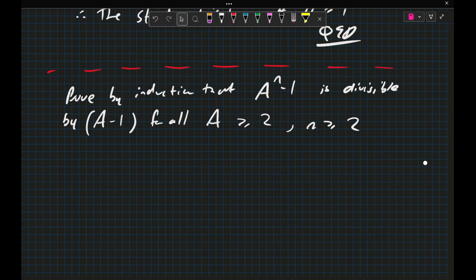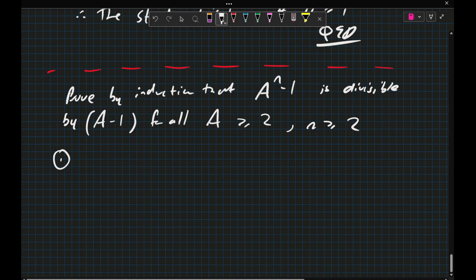So divisibility proofs can come in two forms. They are either exponential or linear form. We're going to start with an exponential, and this is the base case exponential divisibility proof. So prove by induction that a to the power of n minus 1 is divisible by a minus 1 for all a greater than or equal to 2 and n greater than or equal to 2. So we're going to start,